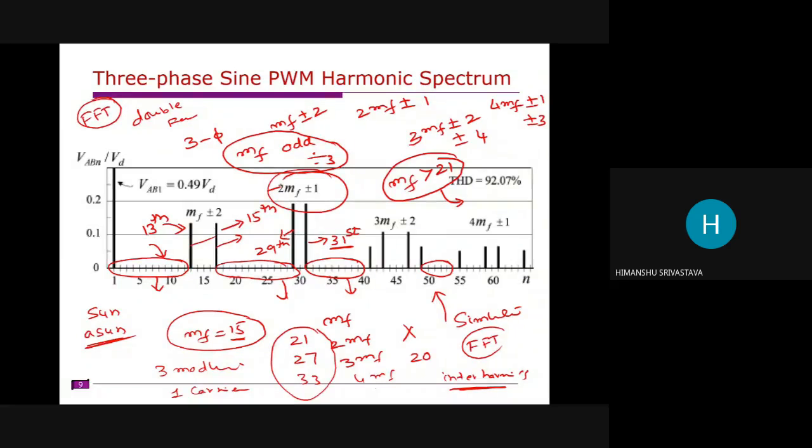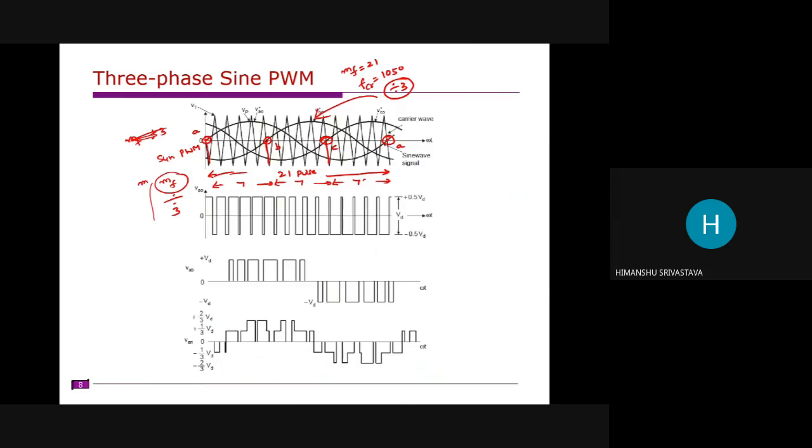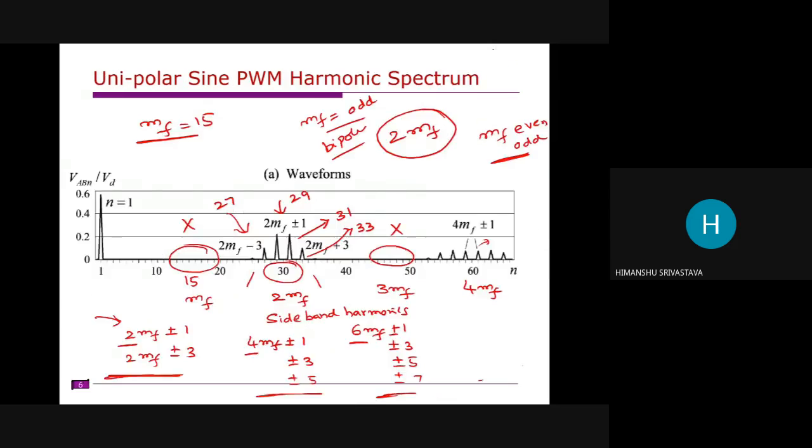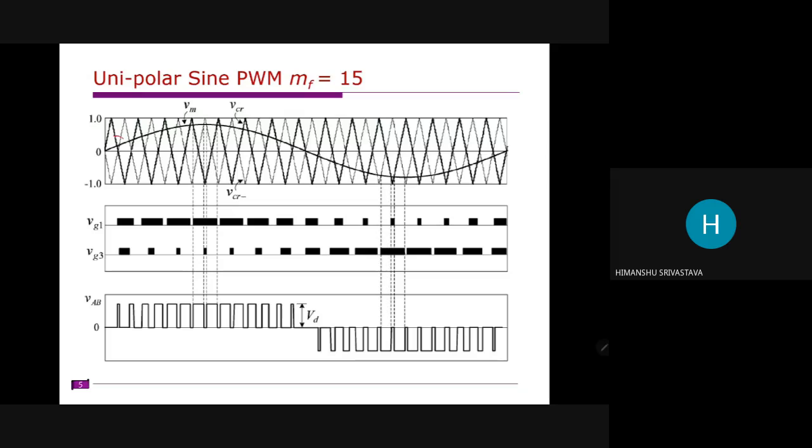There also we use the V shape and inverted V shape. So obviously both will be the same, right? Both are inverted, so obviously it is synchronized. Obviously it is synchronous. So this normally occurs in three phase. Sir, in case of single phase, in both unipolar and bipolar, MF should be